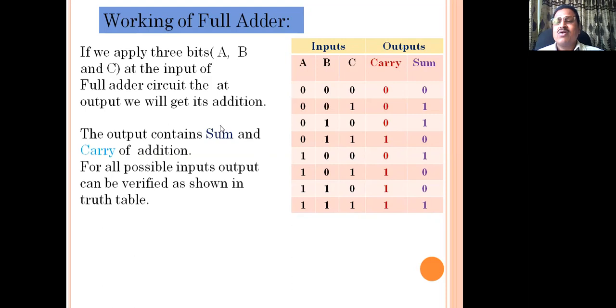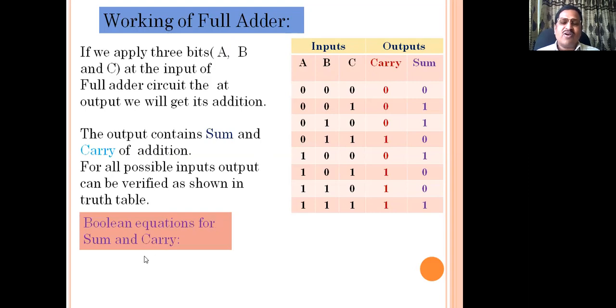Thus, the logic diagram, which is obtained by the combination of two half adders, can be extended to add 3 binary bits, known as a full adder. It will work as an adder which adds 3 binary bits A, B, and C, whose output Boolean equations for sum and carry are: sum equals A exclusive OR B, the circle with a plus means XOR, exclusive OR C, or you can read it as sum equals A XOR B XOR C, whereas the equation for carry is A and B from the logic diagram, or A XOR B and C.